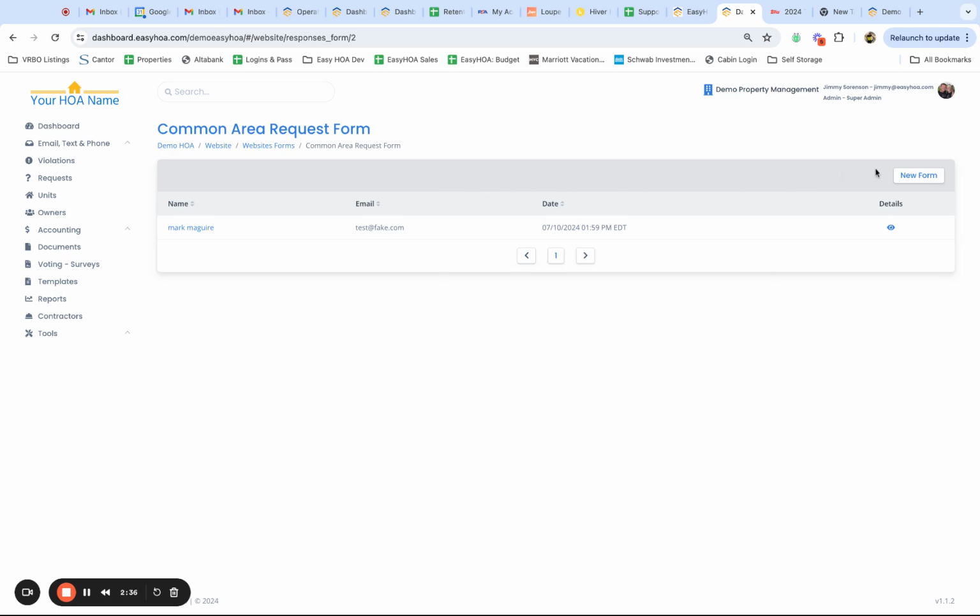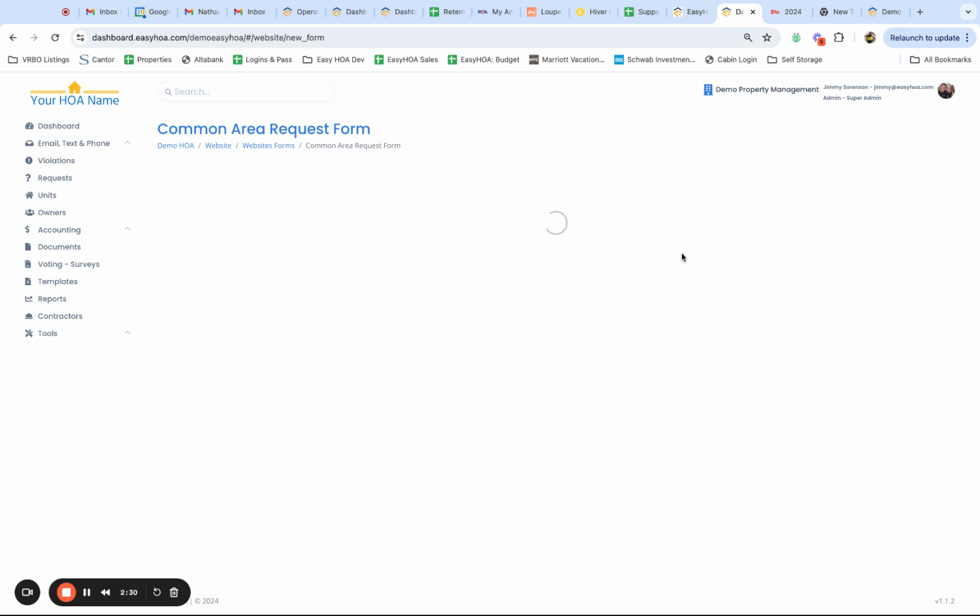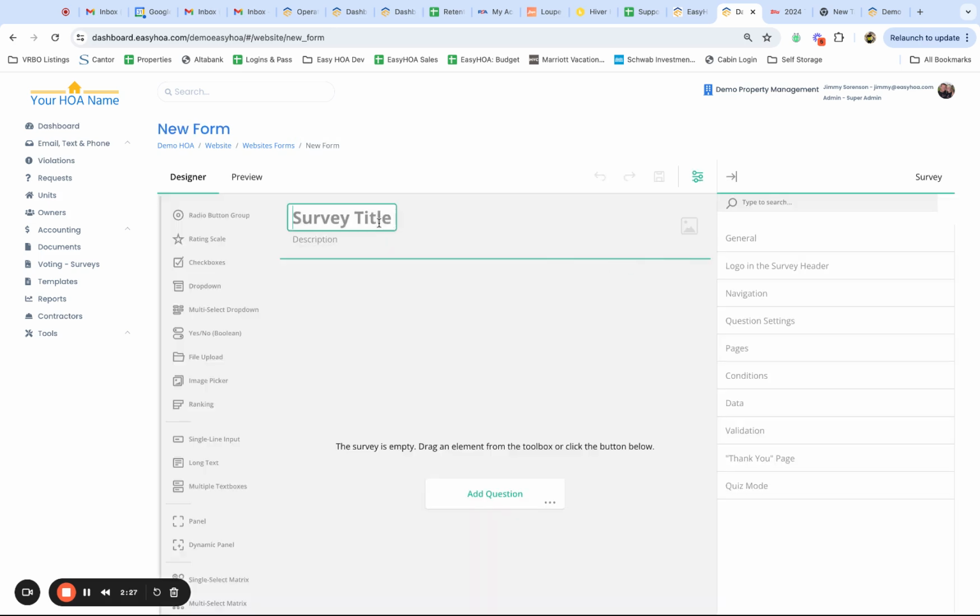If you want to create a brand new form, which you can create as many forms as you want, you would just click on this new form button, and you can add whatever title you want on here. So let's just say you are requiring people to register for a party that the HOA is holding. You can title this Summer